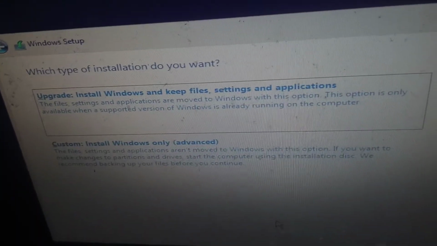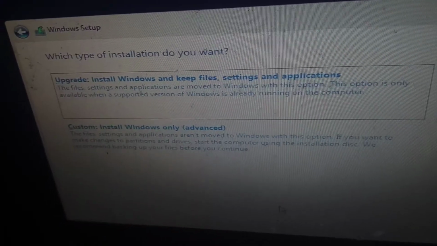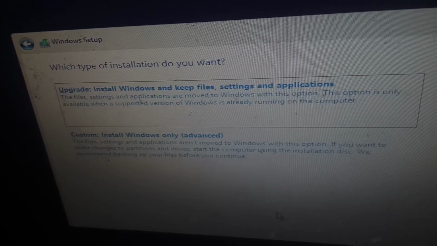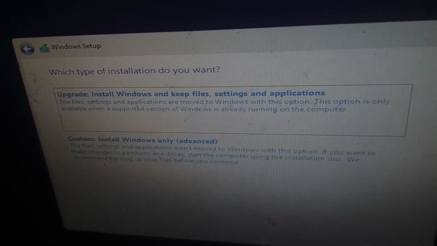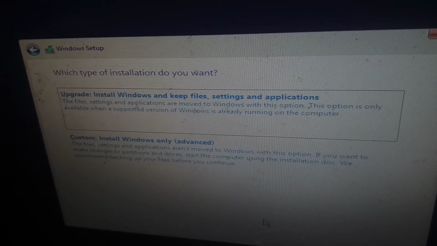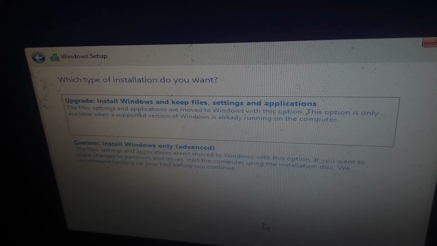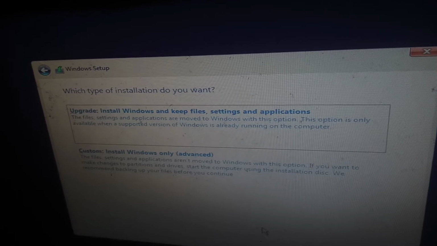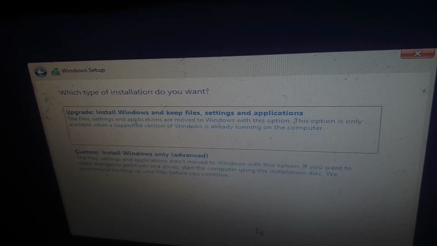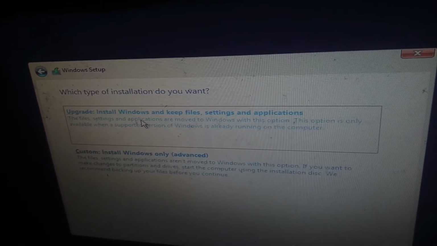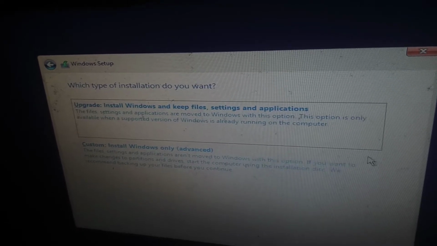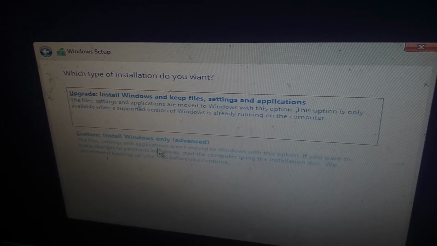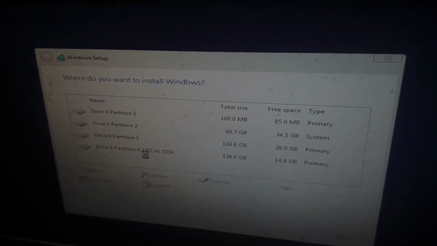I prefer, if you don't need any previous Windows operating system apps, settings or any Windows files, it's better to click on Custom install, guys. If you need the previous Windows files, settings and applications, then you need to click on Upgrade. I don't need anything, so I'm going to click on Install Windows only.